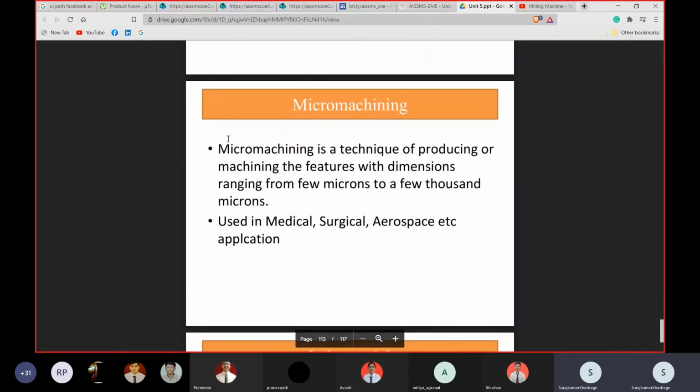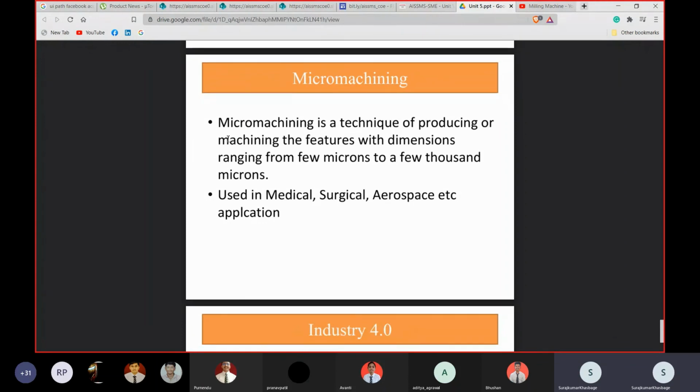And again, due to the advancement, sometimes we have to remove a very small amount of material from the workpiece. At that time, we go for micro machining operations, like with the help of an abrasive jet or some electrochemical reaction, we remove a very small amount of material.